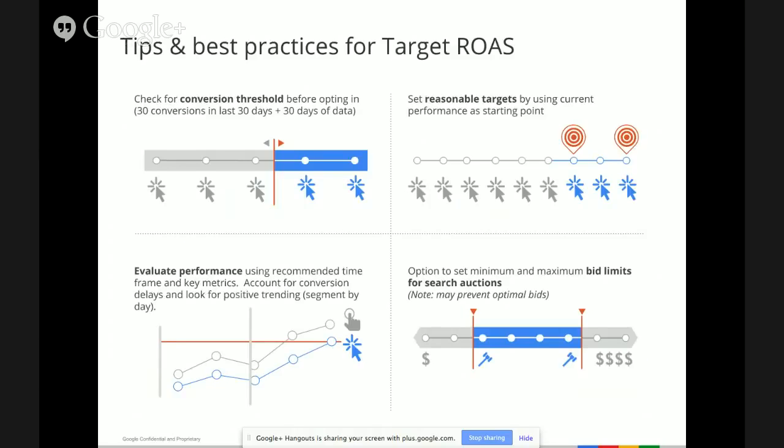So a couple of best practices as well, just to make sure you get started on the right foot. The first is the conversion threshold. So Brent mentioned when he was talking about the strategies that ideally we'd like you to have around 30 conversions before you get started on ROAS. The idea here is that we want to make sure that we have enough data to bid intelligently. So once you do start passing us those values, let them accrue for a few weeks. And typically, once your ad group or your campaign has 30 conversions, we have enough data to do a good enough job bidding. So you can wait and then set the target ROAS bid.